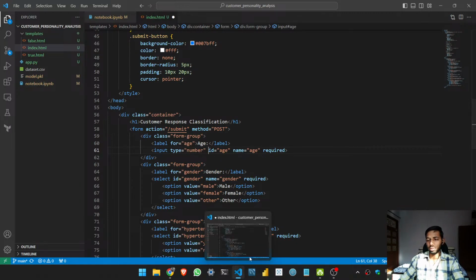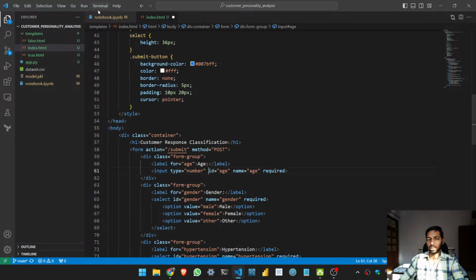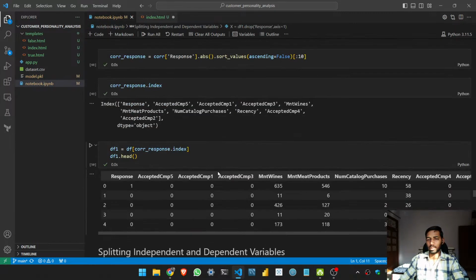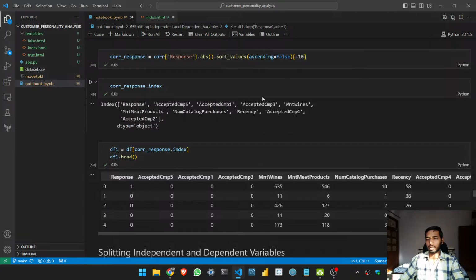So here our first level will be... Let me check. We have this number of columns, and we need just these columns for our web app: 1, 2, 3, 4, and 5. All 5 campaigns, accepted campaigns,